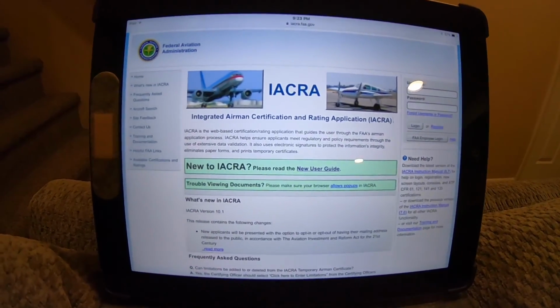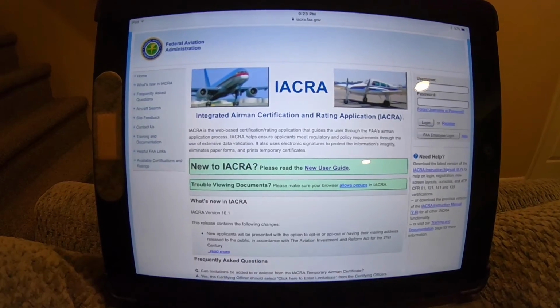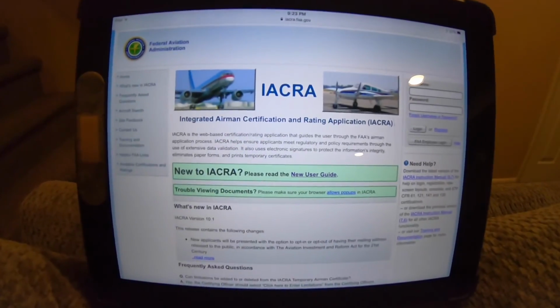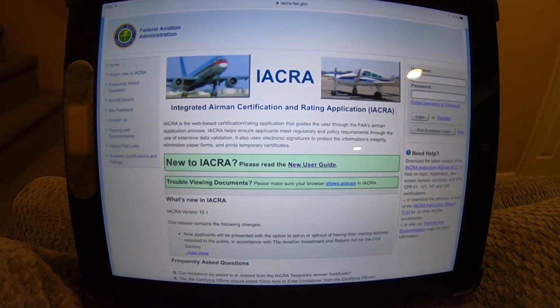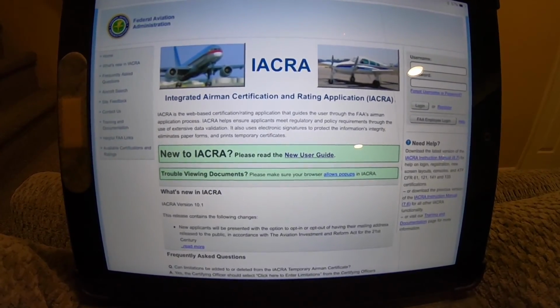Okay, this is gonna seem a lot more complicated than it really is. Oh, and please excuse the Band-Aid. That's just covering the camera. I don't want anybody watching me. But suffice to say, one of the things you're gonna have to do in order to start this application is